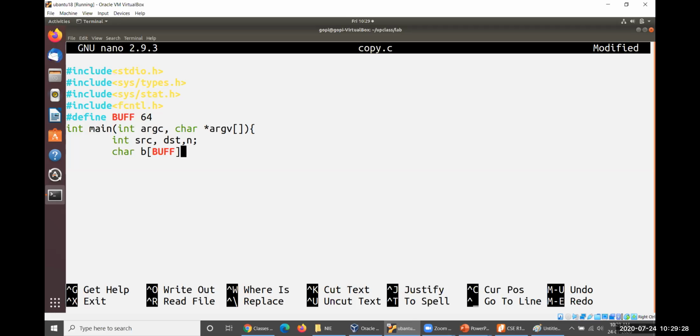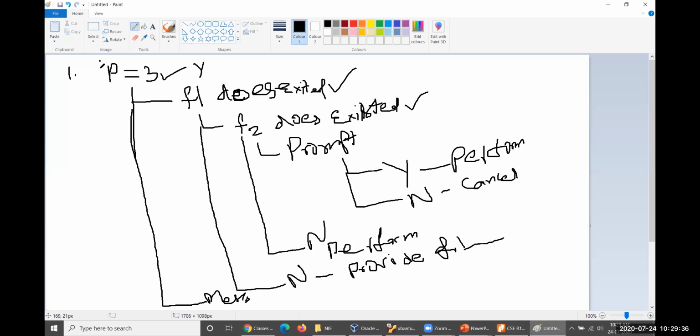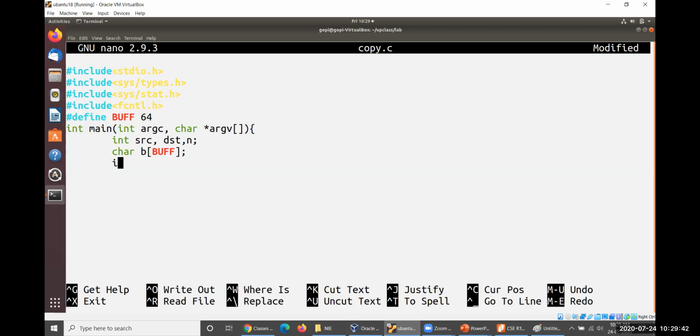Whatever buffer size you have defined is taken into consideration. Then you have to check. As per our discussion, the first check is that the number of parameters is 3. Where exactly will the number of parameters be stored? In argc, the argument counter.